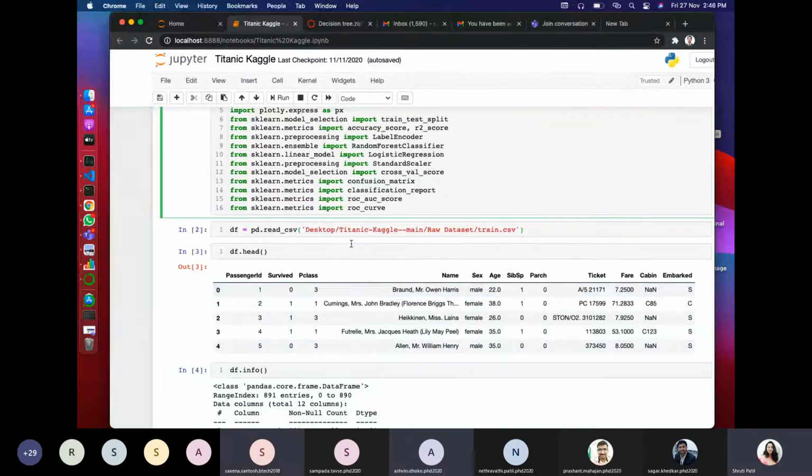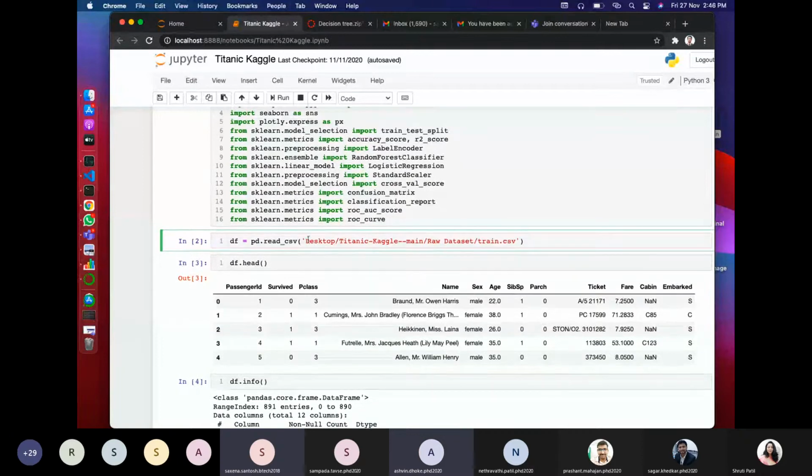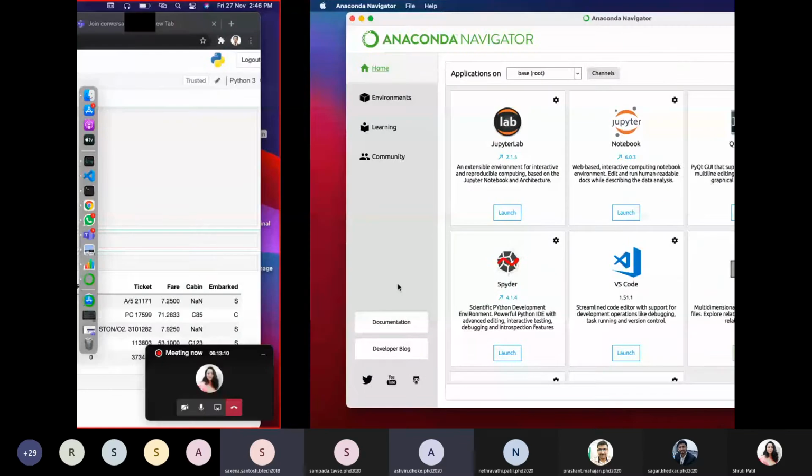Yes, ma'am. Here, with the help of pandas, I am reading a CSV file, and I am providing the path where my CSV file is in the system. My file is available in this directory.